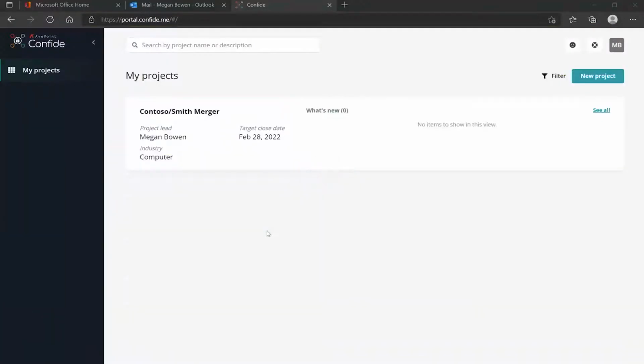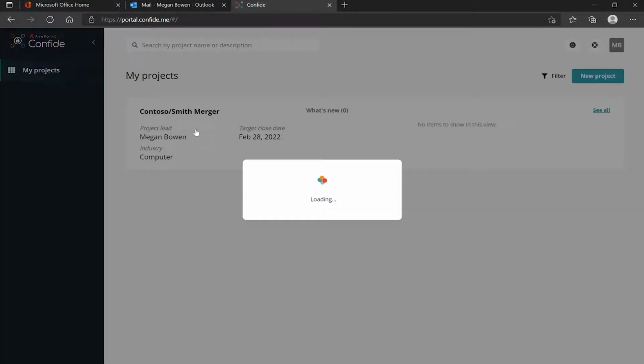Now that Megan has created a project, the next step is to go in and put together what's called the folder structure. The folder structure is going to outline the structure for the stored project documents. To do that, Megan logs into Confide, clicks on the name of the project,